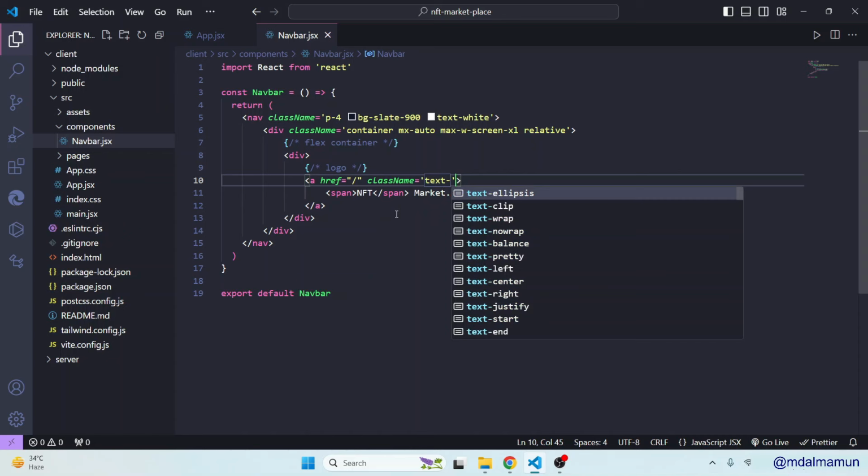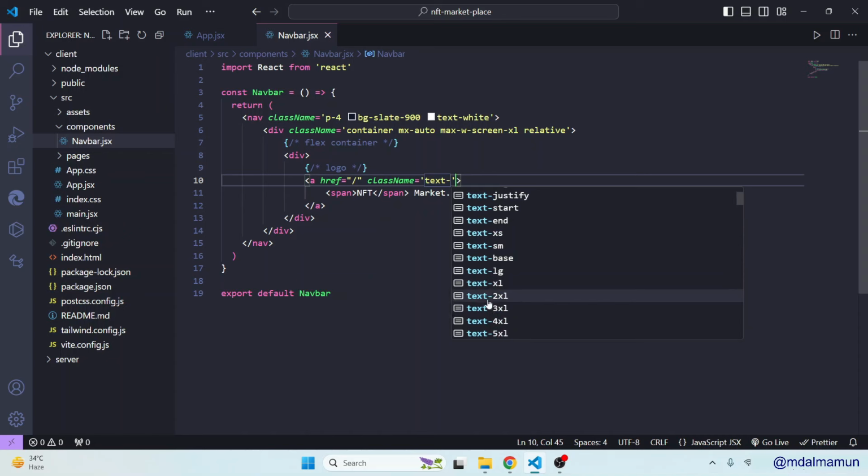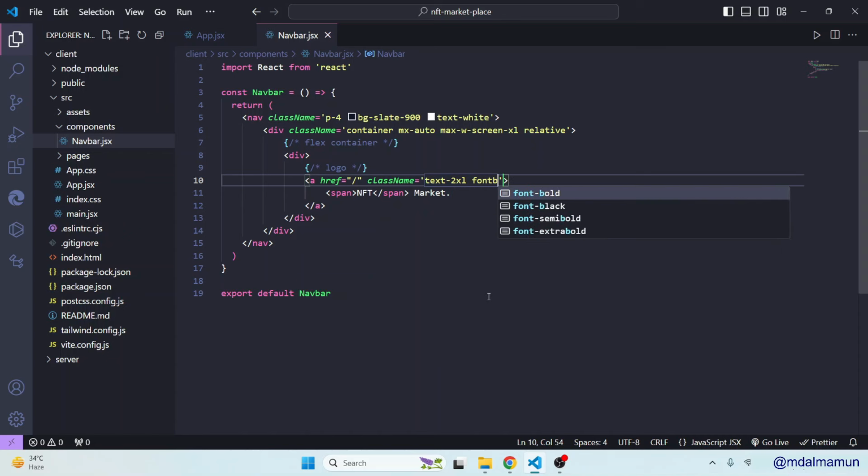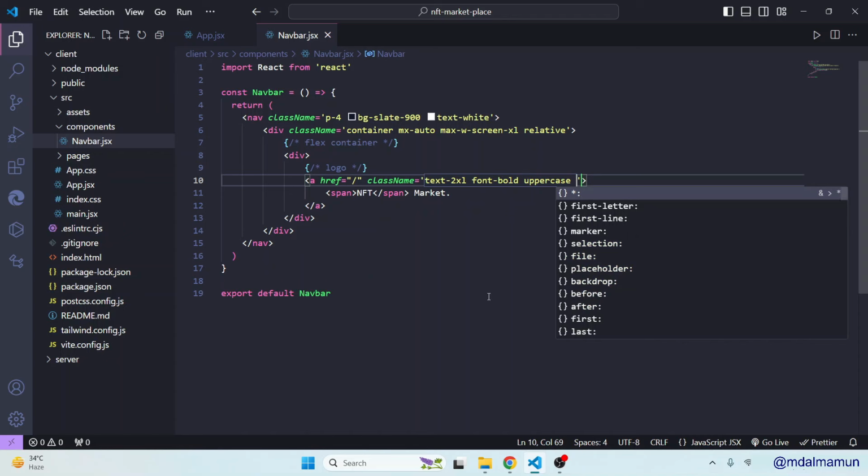Look, by using the Tailwind CSS extension, it's actually suggesting, so you don't have to memorize it. Here the text will be 2xl, then we'll have font-bold, and then we'll have to define it uppercase. Finally we'll have text-transparent,